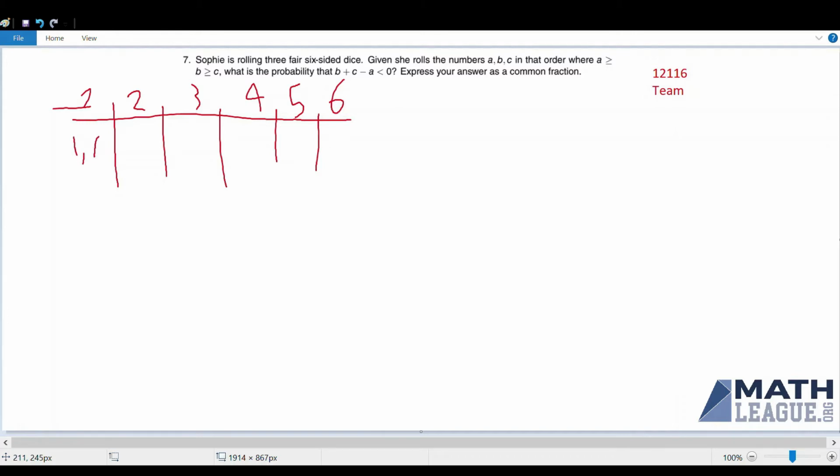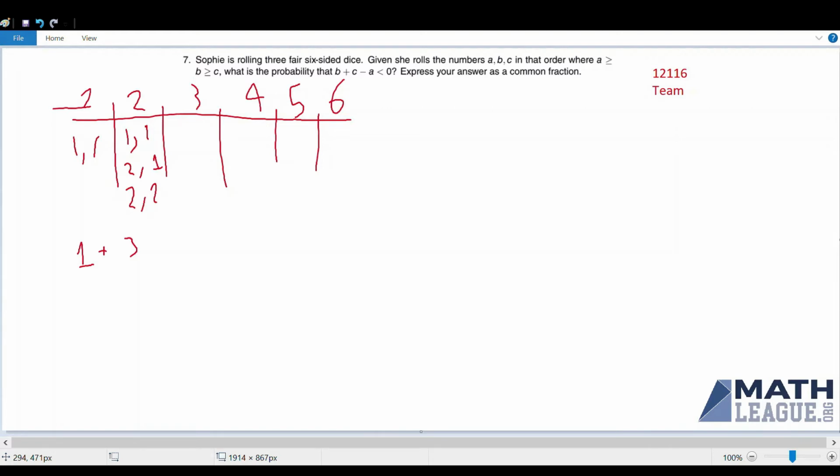If A is equal to 2, it still works to have both B and C be equal to 1, because obviously B is less than or equal to 1 when A is 1, so it also has to be less than or equal to 1 if A increases. So the possible values of B and C from when A is equal to 1 carry over to when A is equal to 2. And then we also have 2 more possible sets if B is equal to 2 and C is equal to 1, or when B is 2 and C is equal to 2. So that's a total of 3 possible sets for this case. So 1, and there are 3 here.